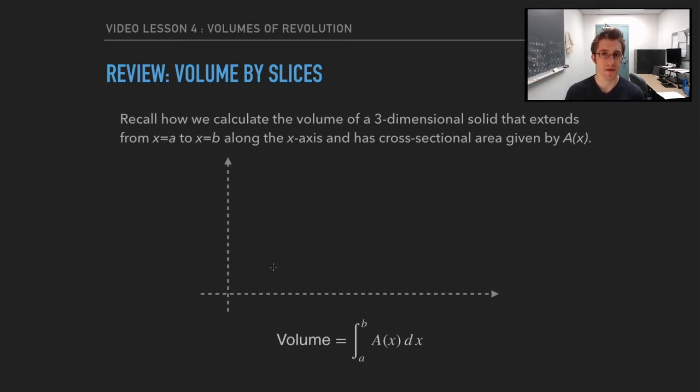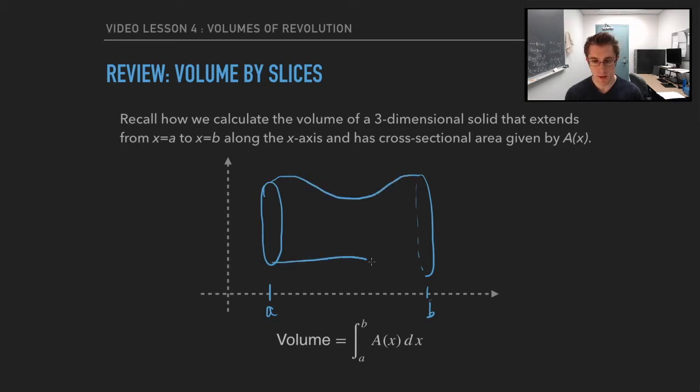So previously in this course we saw how to compute volumes of objects that can be sliced into cross-sectional pieces. So let's review that. Here's an object. I have it lying down along the x-axis. It looks like this over the interval from a to b. Okay, so this is just some arbitrary object,